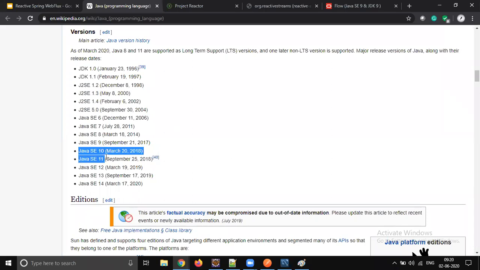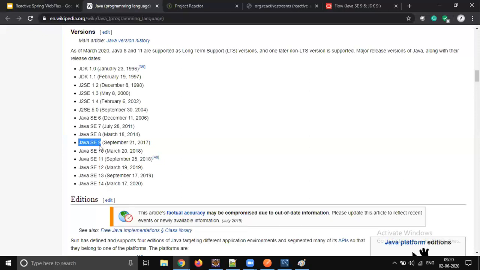Java 11 is a major release. After Java 8, Java 11 is the major release. Even though we have reactive support in Java 9, we are not considering Java 9 a major release because there is nothing new there. Java 11 is a major release with huge changes, and from Java 9 onwards they introduced other concepts called modules and so on.